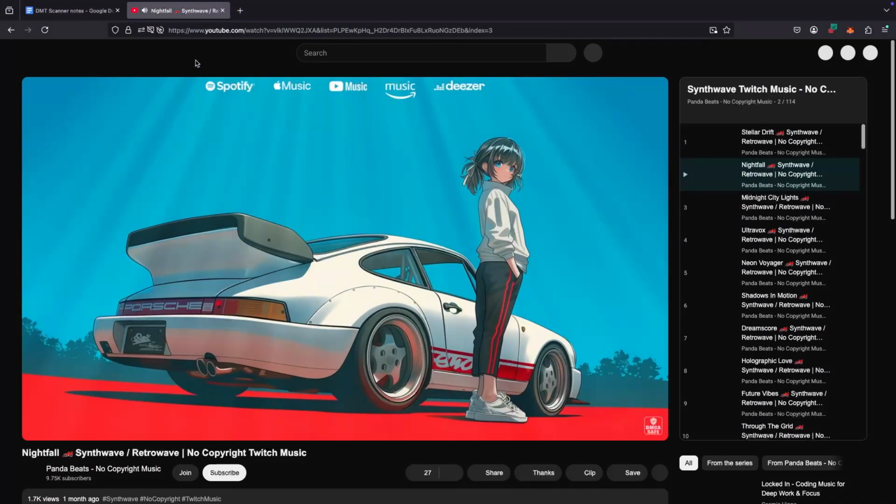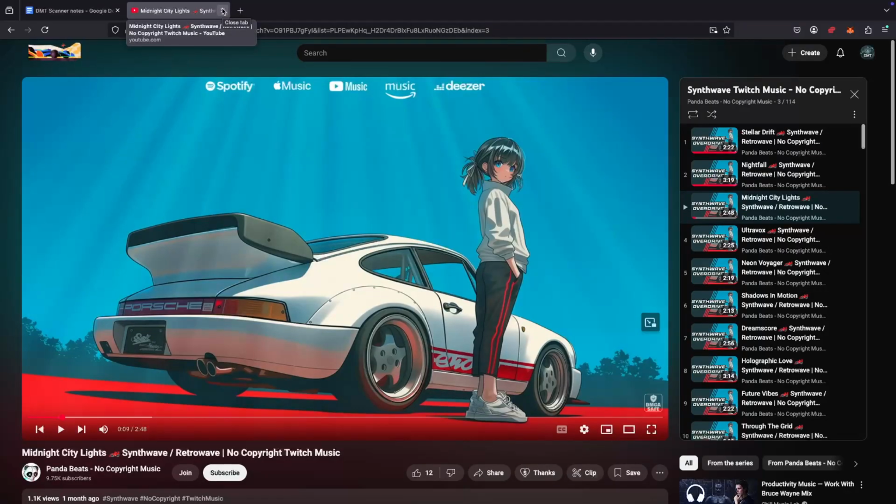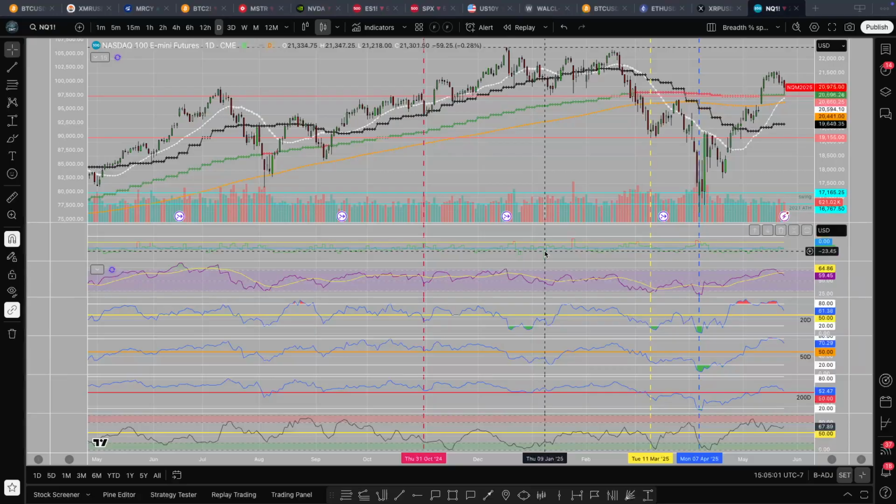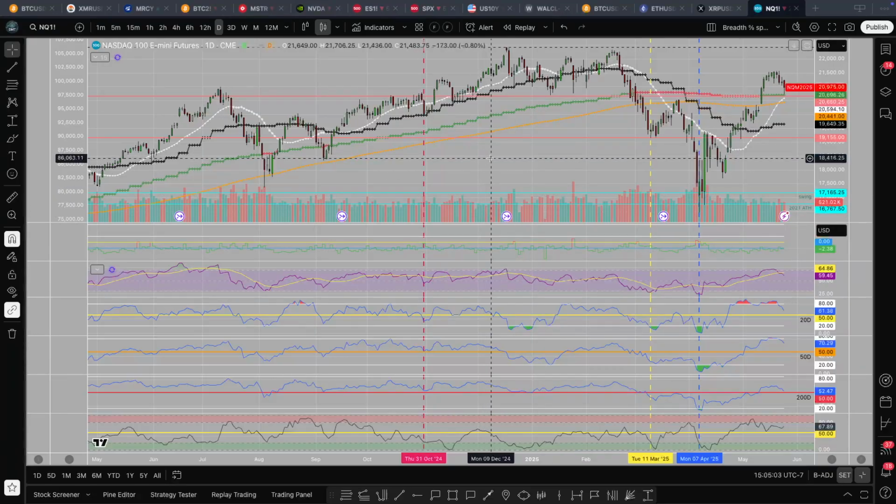We're going to close some of these YouTube tabs because I think they're using quite a bit of RAM on my laptop. Okay, so